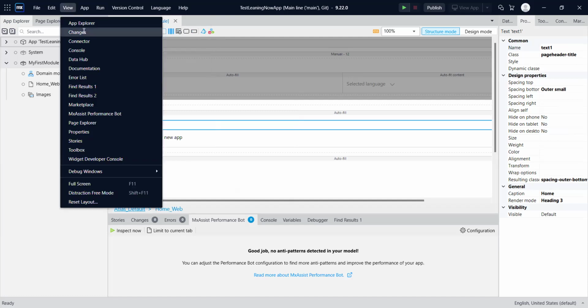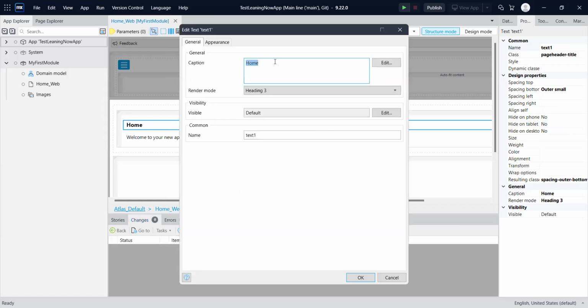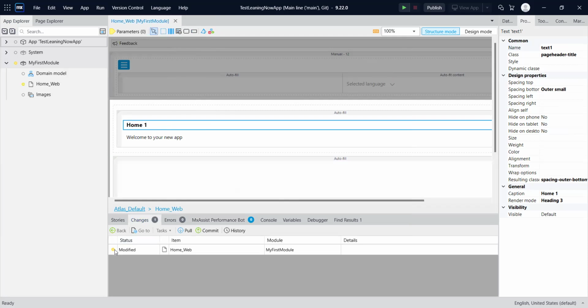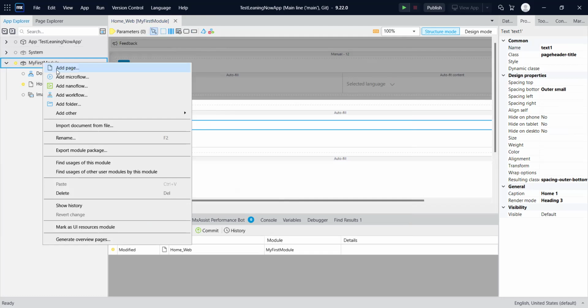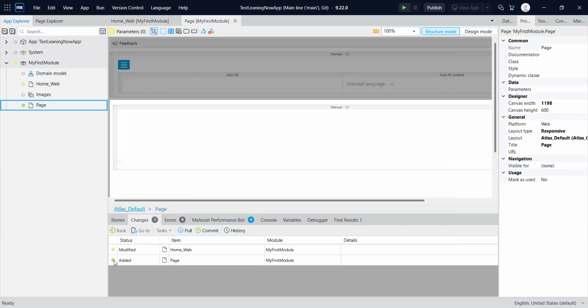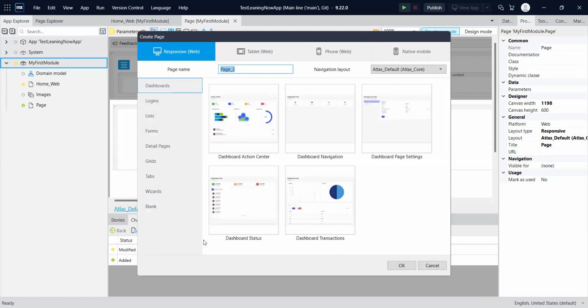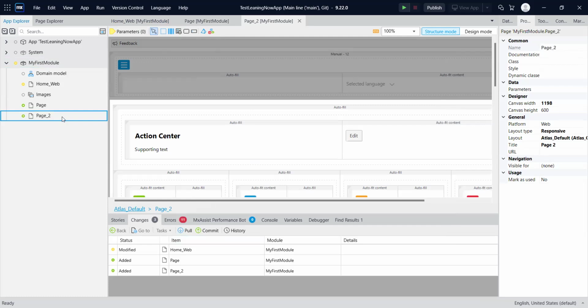Changes. Changes is nothing but the files we changed. For example, let's say I change this value to home one and click on OK. So in Mendix, it will show it with a new icon. Yellow means there are basically three icons. One is add page, so some blank page I created. It will be created with a plus icon. So let me create one more page. Okay, created, right? So if I want to delete this,